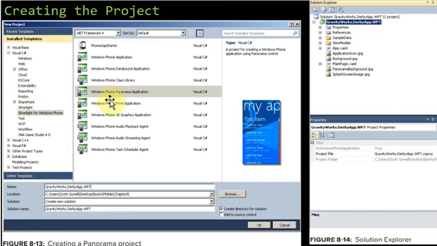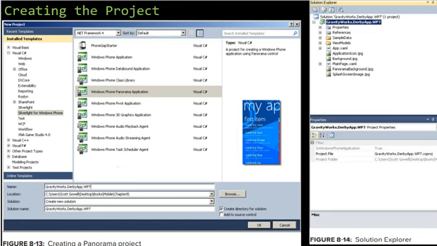For this application, you have selected new project. After this you have to select, in this particular example, the Windows Phone Panorama application. We are selecting the Panorama because it offers a user interface in which you can share your data. So in creating the project, the first step is to open Visual Studio, create a new Windows Phone project, and then go to Panorama. The advantage of using this is it offers a user interface, and along with that we can also share the data.